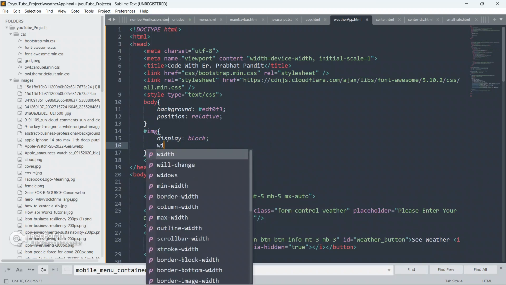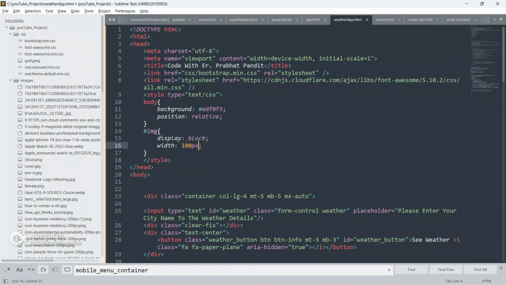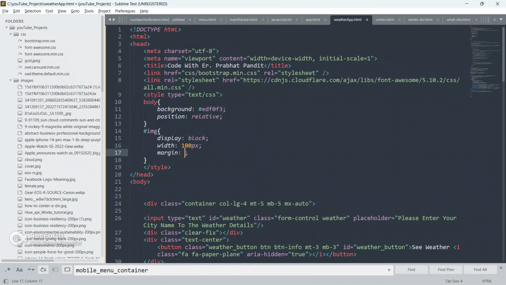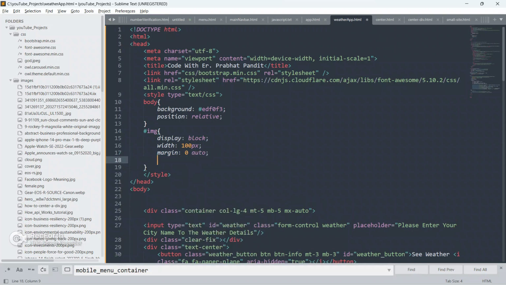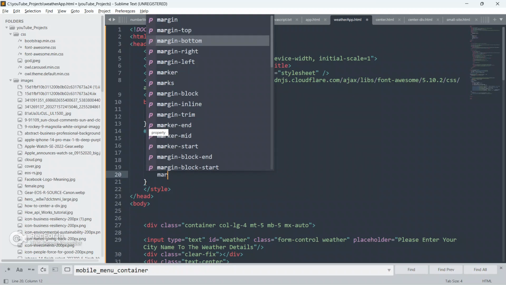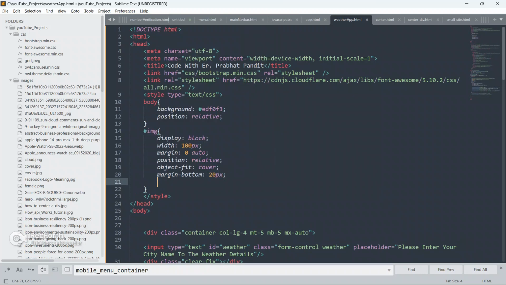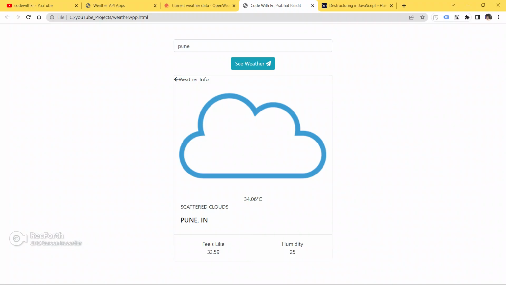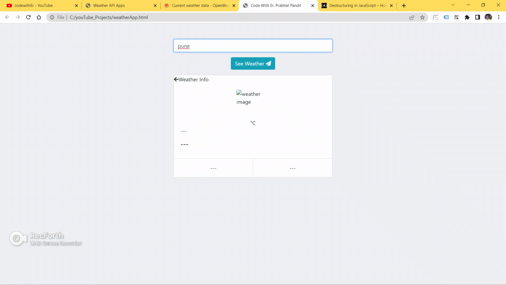Display as block, width as 100px, margin as 0 auto, position as relative, object-fit cover, and margin bottom 20px, margin top as 20px. So save your code now, go to the browser, and we'll have to copy this and